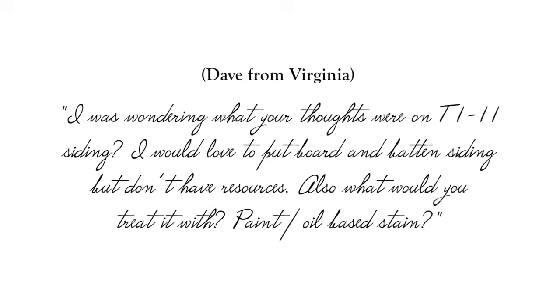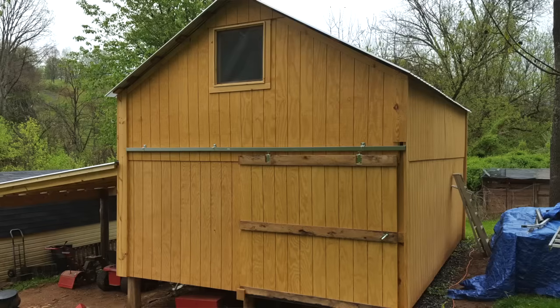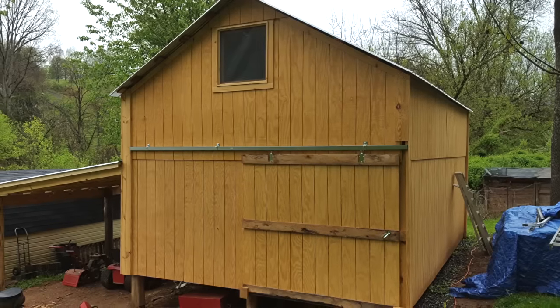And then sometime later, Dave wrote this. I was wondering what your thoughts were on T111 siding. I would love to put board and batten siding, but don't have the resources. Also, what would you treat it with? Paint, oil-based stain? Well, Dave, as you can see in this next picture, he did put up some T111 siding, and